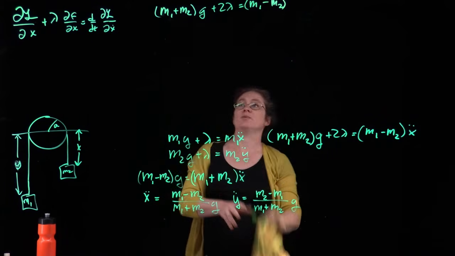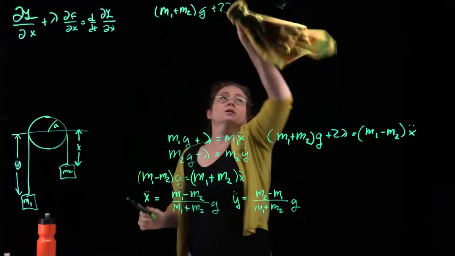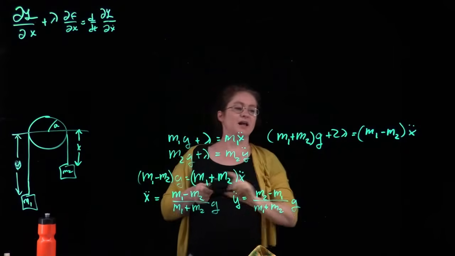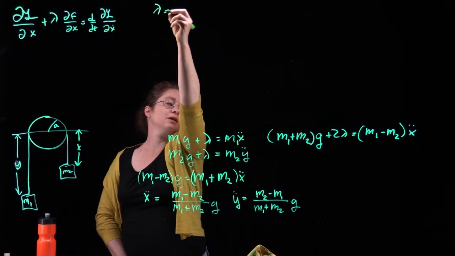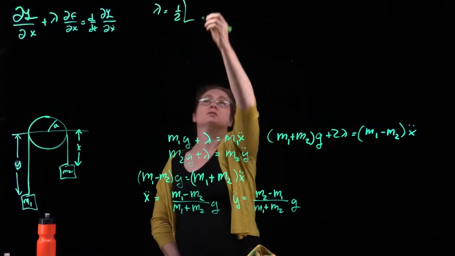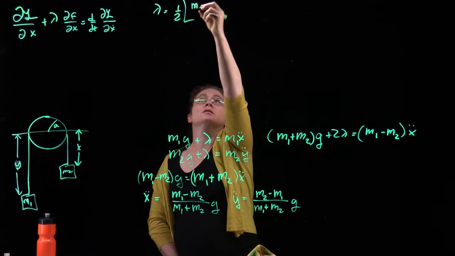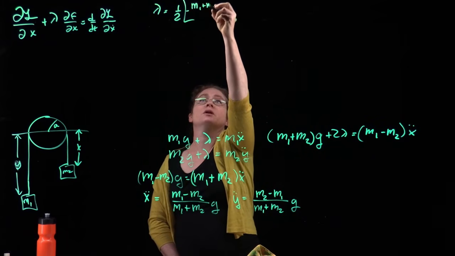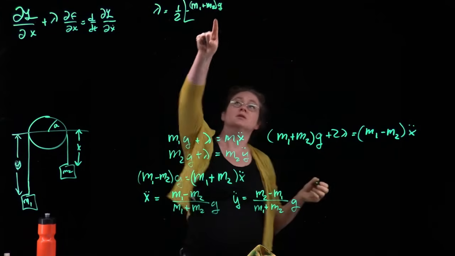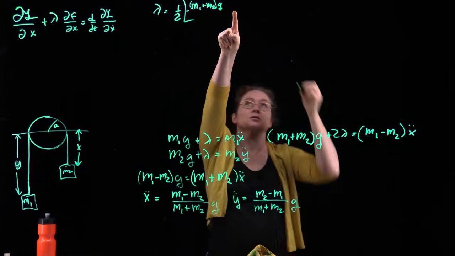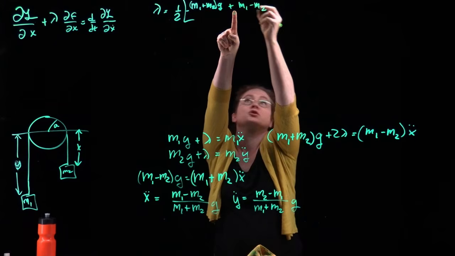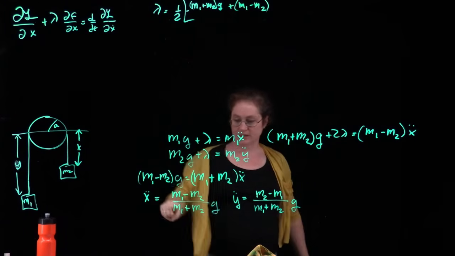Actually here, let me go ahead and just solve for lambda, and then we'll have some ugly algebra. So lambda is one half of negative m1 plus m2 g plus m1 minus m2 times x double dot,